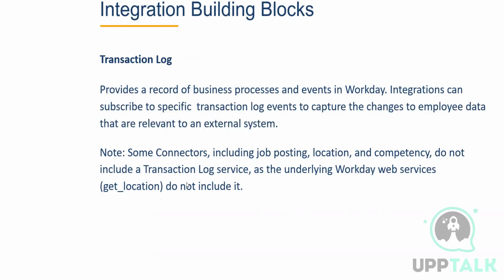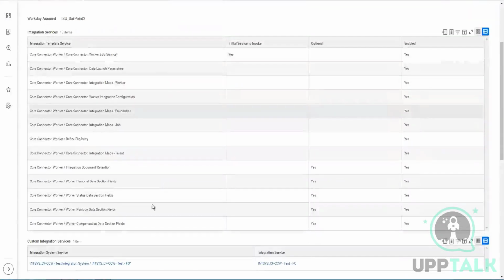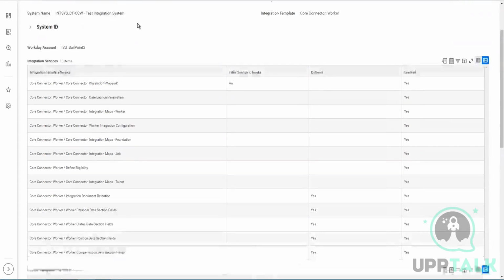So if you need to have transaction logs enabled in your system, which, as you can see, we don't have, and if I look at the integration events,